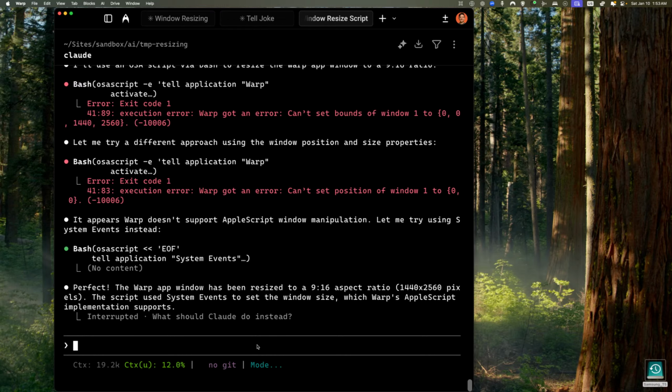So I'm going to guide it a little bit. It is not in the correct aspect ratio. Debug why. Use atom of thought